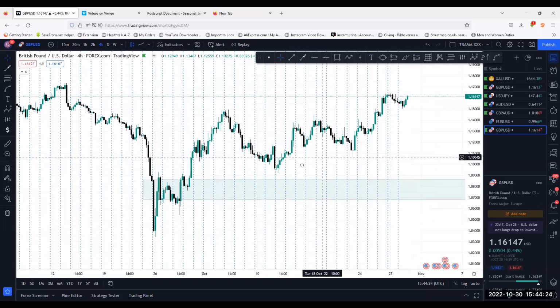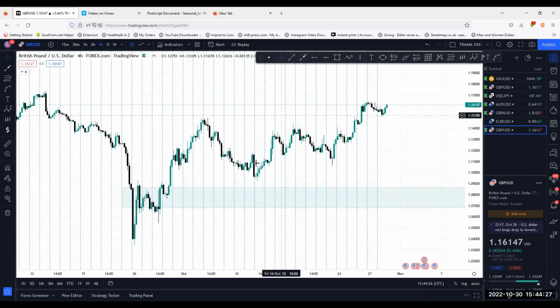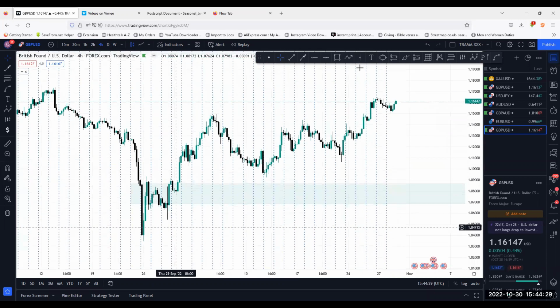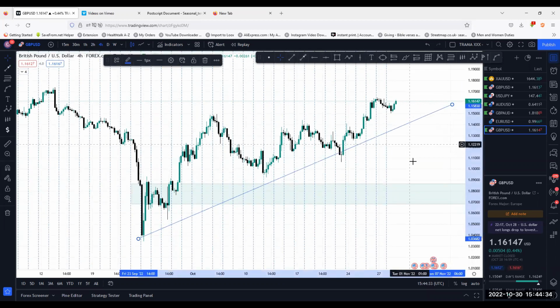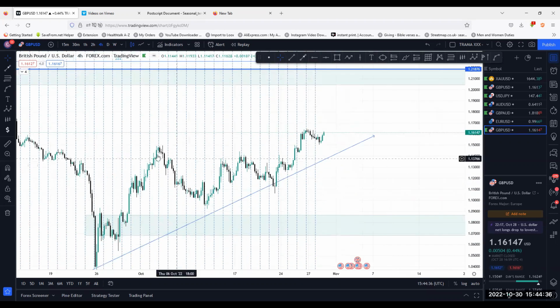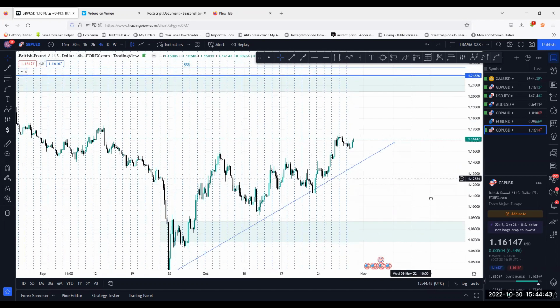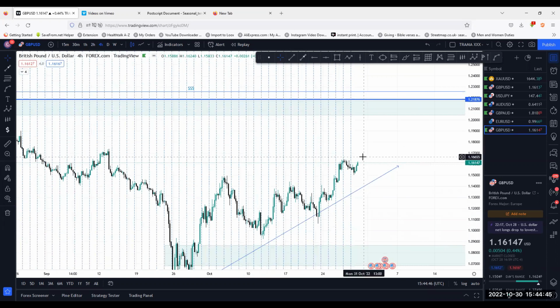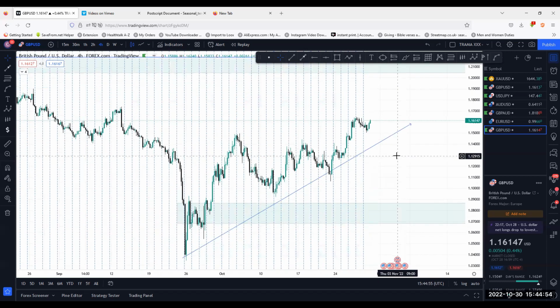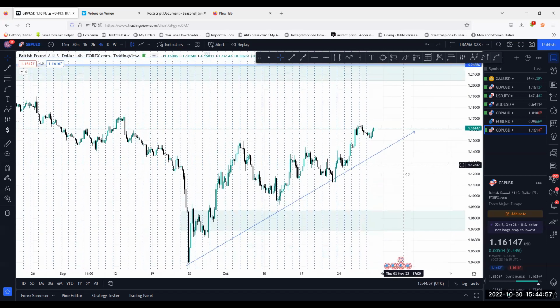Higher highs, higher lows. You see that? The market is heading up. Even if you put a trend line there, you can see that the market is heading all the way up, guys. It's an uptrend. So you can see the market is breaking structure here. The structure here is broken already, and now it's heading to break this structure here, which I believe it's going to do. So remember, from where price is now to where we're targeting up there is about 400 to 500 pips that can be available for this week, week 43, and you don't want to miss it, guys, on GBP USD.